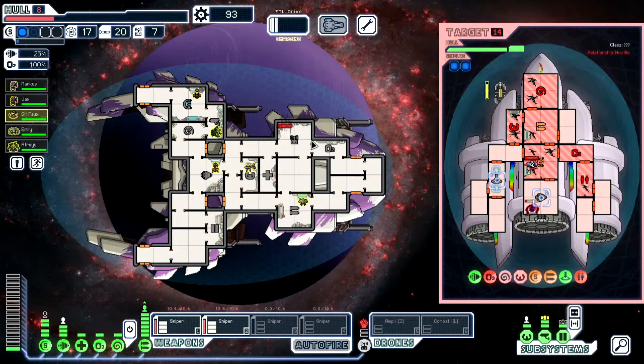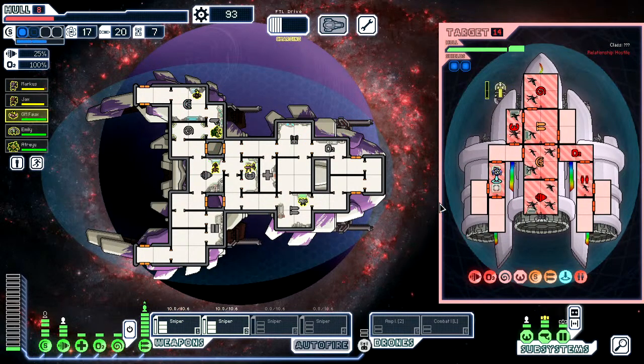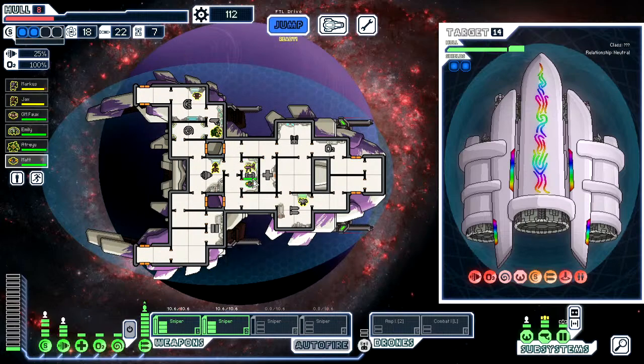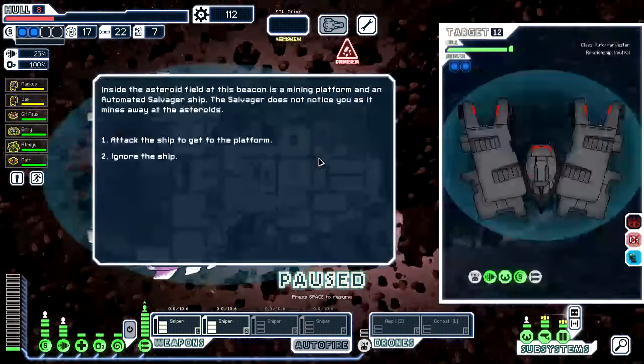Anyway, let's continue onwards. These goofy looking sirens are not going to stop me. Let's get out of here. Shoo. We got ourselves a rebel that was stuck in the cargo hold. I can man my doors. Lovely. One more jump away out of this auto scout hell. Oh, this is the...